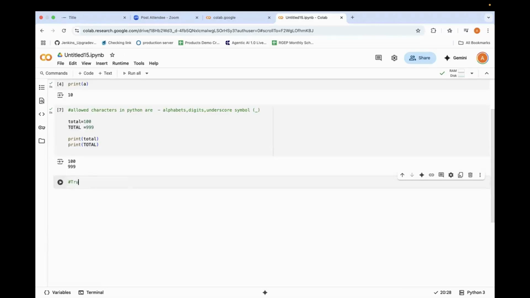The first keyword is True, False, None. I'll write them down and then tell you why they are given.